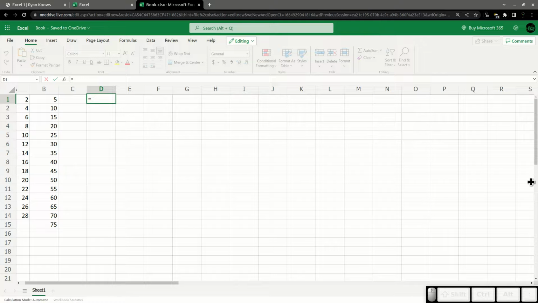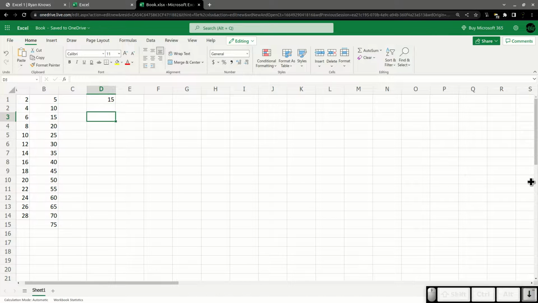So an equal sign is how we tell Excel, do something else for me. Excel is at its heart a calculator. So we could do something simple, like 10 plus 5 here, and it'll just add it together for us. Every single cell is its own little calculator. So we can totally do that.